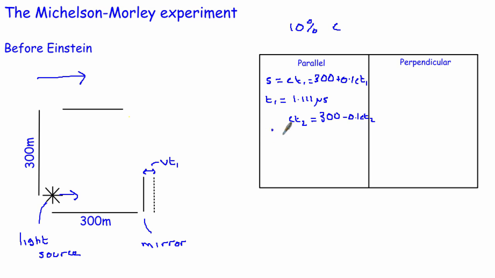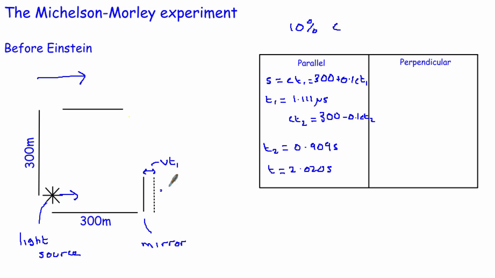So obviously the total time it takes altogether is just these two added up. So if we put our numbers into here, first of all, t2 would be equal to 0.909 seconds. And so the total time is just those two things added up, and that gives you something in the region of 2.020